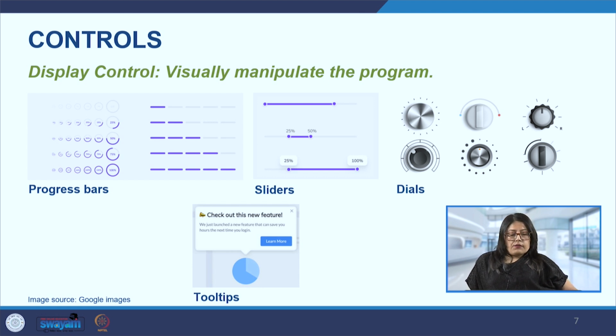Then icons that we have seen, which are graphical representations that convey a specific meaning, such as some kind of action or application. For example, a trash can or trash bin icon tells us that if we move the files there, they will be deleted, or a magnifying glass icon tells us that we can increase the size of the font of the text that is there and we can read it better.